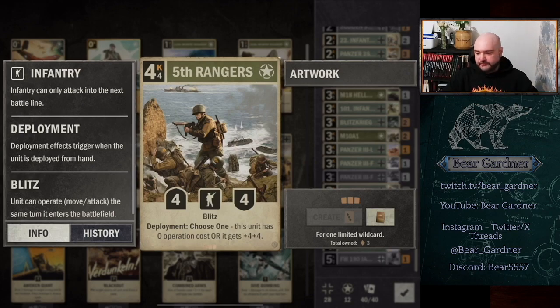like a Swiss Army knife. Choose one. This unit has 0 operation cost, or gains +4/+4. Now, 9 times out of 10, we're going to play the first one, because 0 op cost on turn 4, putting a 4/4 body into the front line is very powerful. However, it's also really quite strong late game. If you've got the credits, putting an 8/8 body in the front line, also really strong,